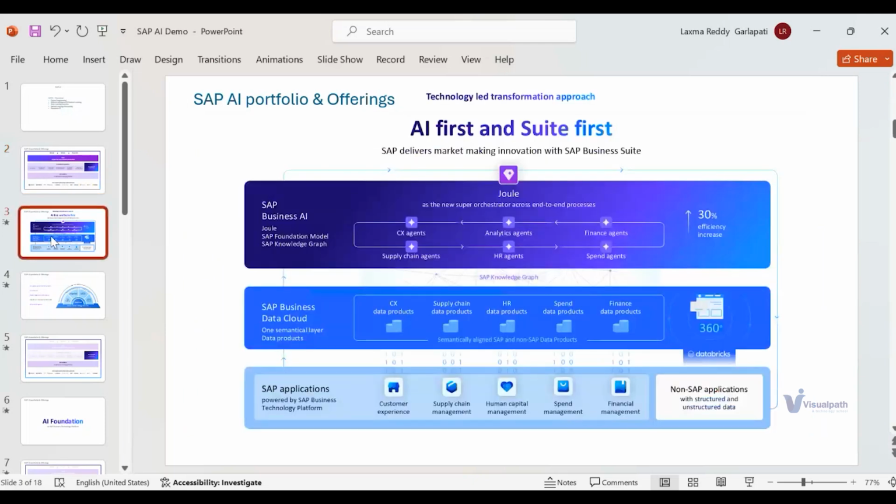So this is a very recent update from SAP. For those who are aware, recently they have tied up, kind of a partnership, with Databricks, and they have renamed the Datasphere application to SAP Business Data Cloud, to resolve the different forms of data issues that are connected to the SAP ecosystem.